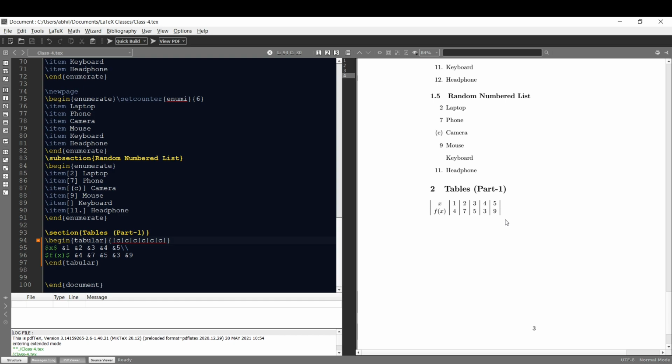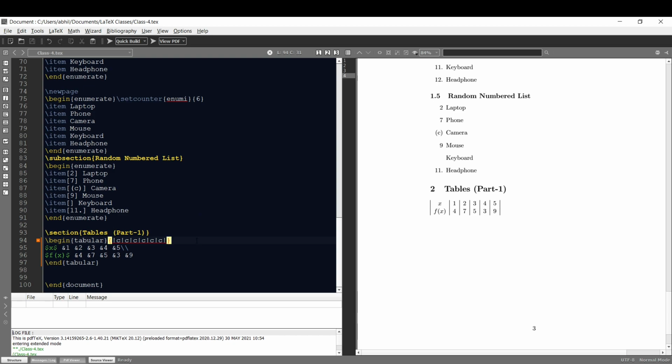Now to complete this table, we need 3 additional horizontal lines: one above x, one between x and fx, and lastly another horizontal line after fx. For horizontal lines, we need the \hline command. So let me write the \hline command for each row boundary in the appropriate places this way.